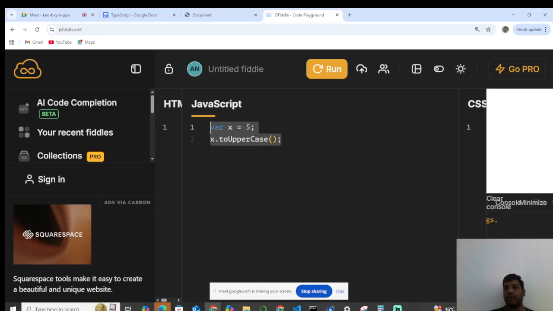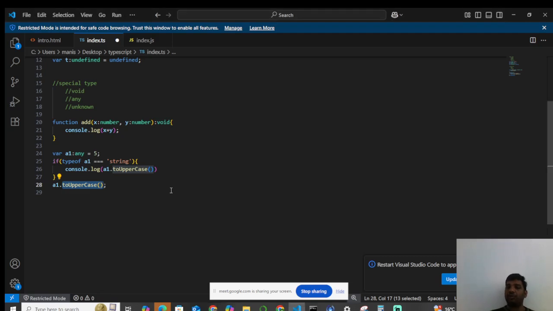But see, when will the error come? After execution it will come. But I want to check before execution only. If I use the any type, it will skip the type checking. So we don't know whether the a1 is a string or number. So it's allowing. In the same thing,